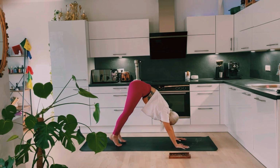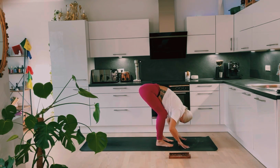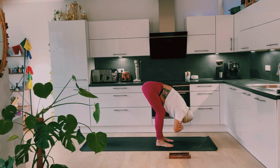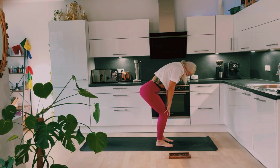And let's slowly tiptoe our feet towards our hands at the top of the mat. Bend the knees generously, grab opposite elbow with opposite hand, and you can sway from side to side in ragdoll. Feeling that beautiful stretch along the lower back, opening up the back body. Inhale here, and exhale. And then slowly releasing the hands, tuck the chin towards the chest, and we'll roll ourselves up to